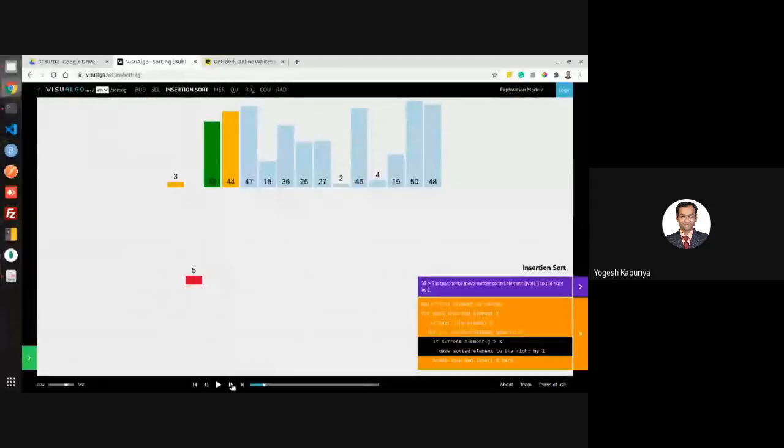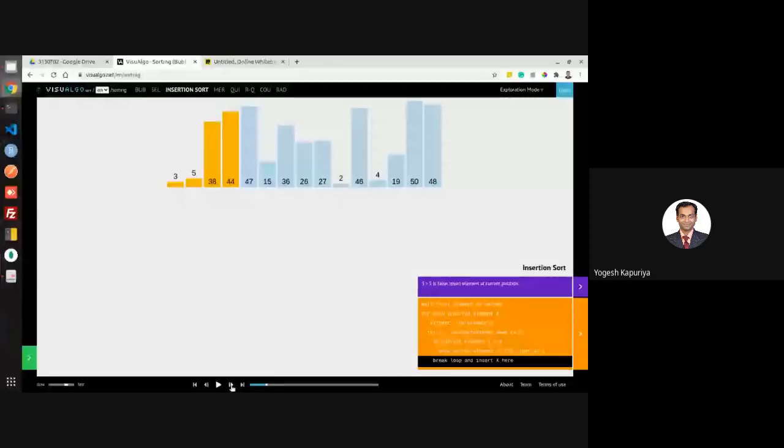Then 5 will be compared with 3. 3 is not greater than 5, so that is the point where you should stop. That is the first false condition. This is the condition where you should stop comparison and insert the element. That's why the name is insertion sort. So we will insert that.